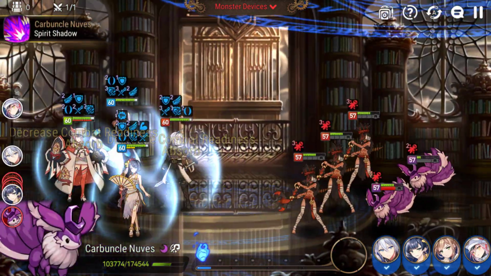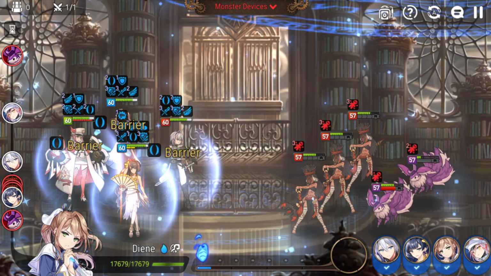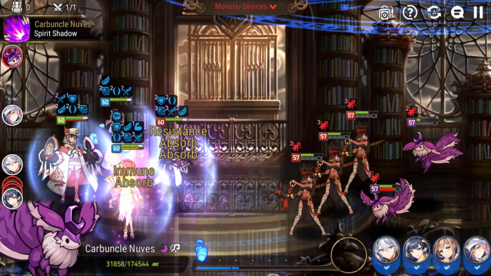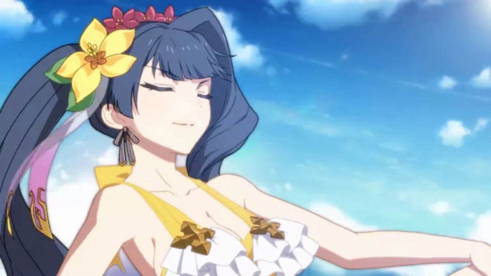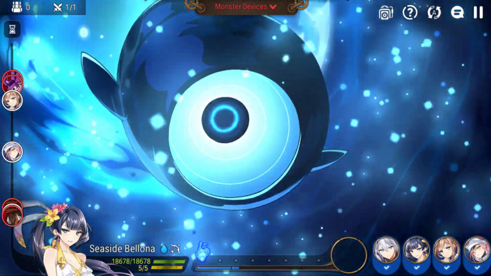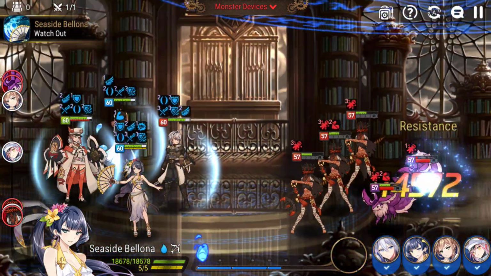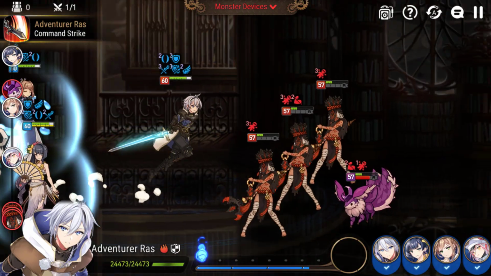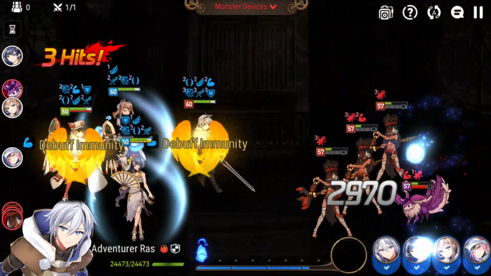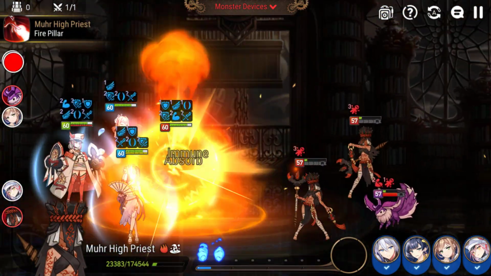Well, the good news is that it seems like the devices are really necessary to be able to clear these floors quickly. Because we just gave her 25% more crit damage and she didn't one-shot that wave. I guess it's going to stack each turn too. Oh, if that defense broke, we probably would have...